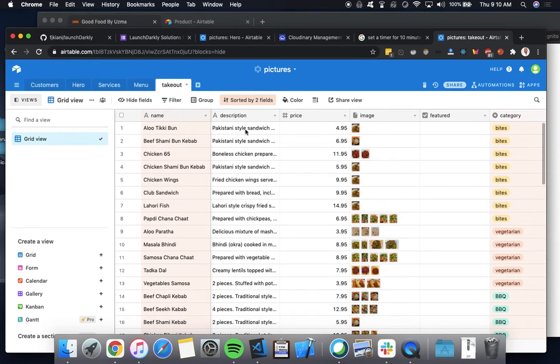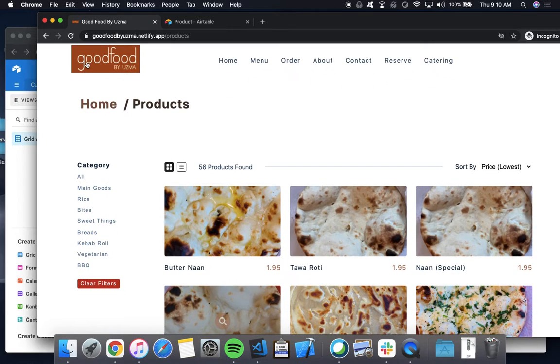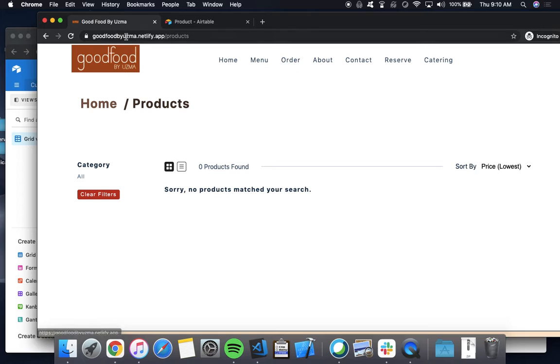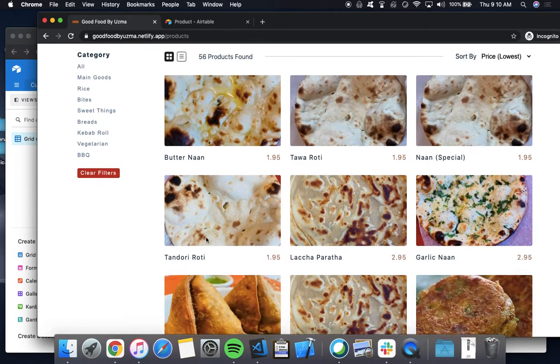Now, what's very interesting is that because this is set up with Netlify as a serverless function, this means that if I make any changes to any of this, my web application will get the updated details in real time. So I made this change. What happens next is Netlify functions make the build and they make these changes on this web app. And if we go back to our application and hit refresh, even though this is a deployed version, we're not running this on localhost, we should see